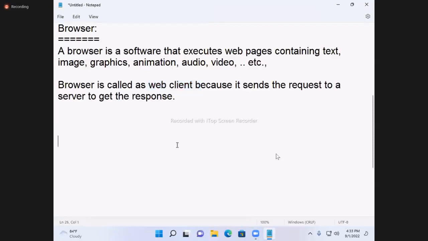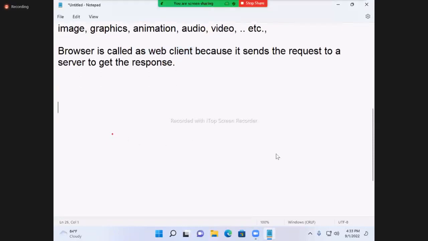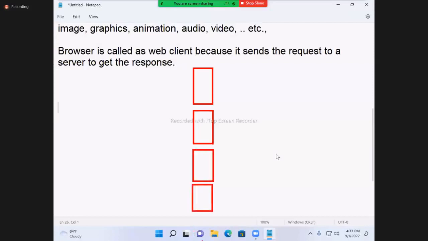Just observe. Suppose you take one MS Word document. One MS Word document can have any number of pages. If you open it, the first page appears. If you scroll down, the second page appears. Again, if you scroll down, the third page appears, then the fourth, then the fifth.